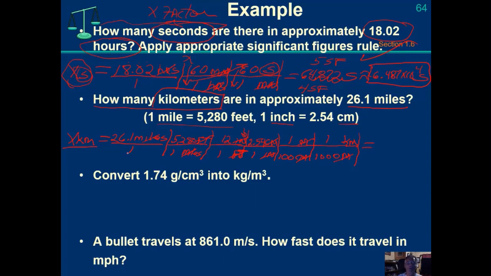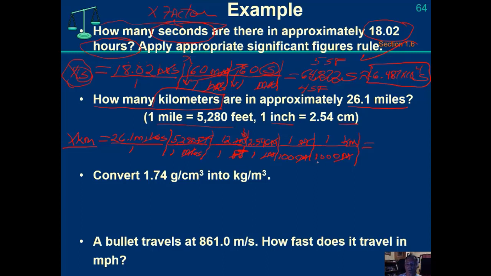All right, this is a little bit more complicated. It has more steps to it. It's a multi-step conversion. So when you put this in your calculator, here's what I recommend. You go 26.1 miles times 5,280 divided by 1 times 12 divided by 1 times 2.54 divided by 1 times 1 divided by 100 times